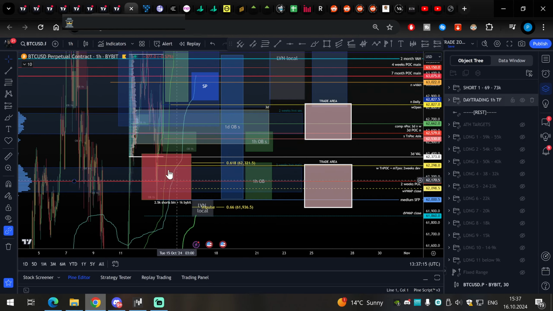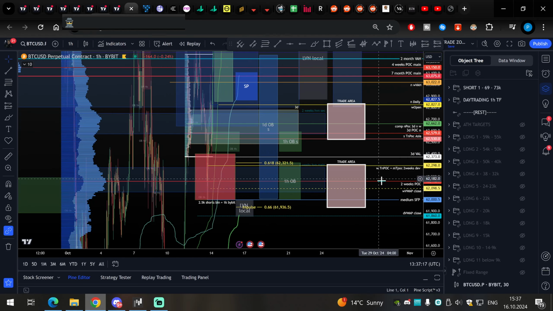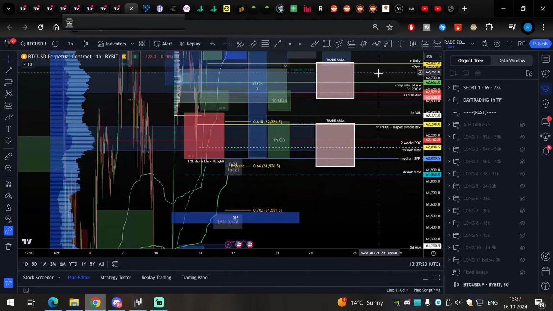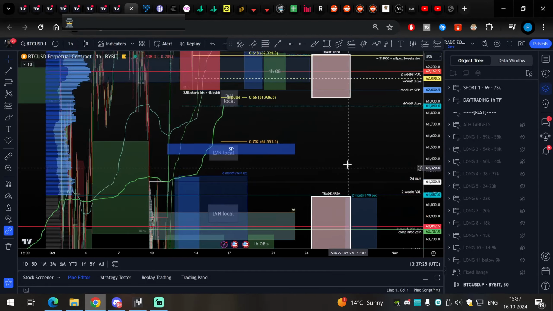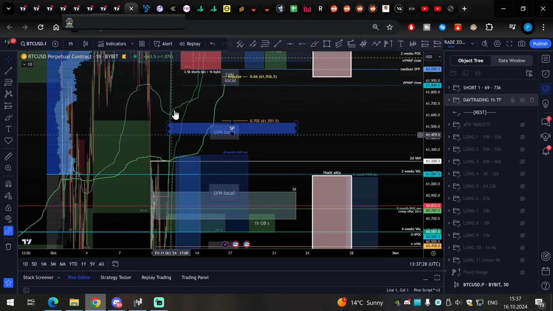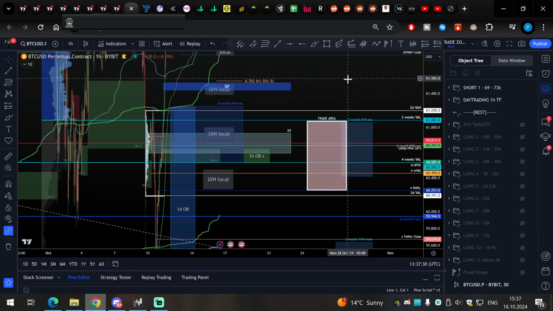Some nice big shorts are trapped into the lows here. Then you have 2 weeks point of control here, very interesting trade areas. Expected bounces from here in case of much larger pullback. No trade area here. You see, this was the pump, not much to be seen. And another trade area